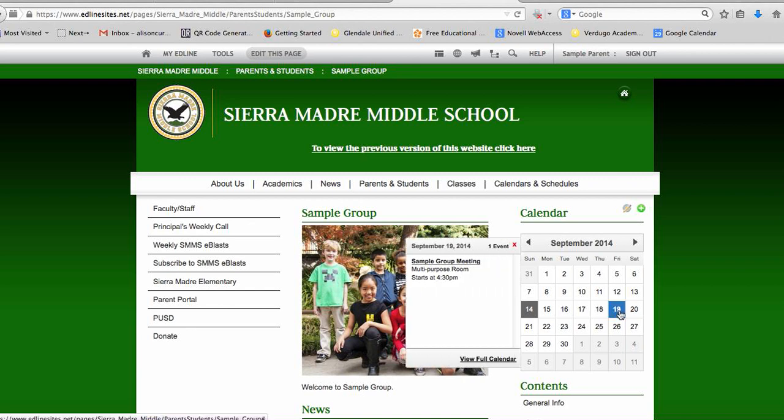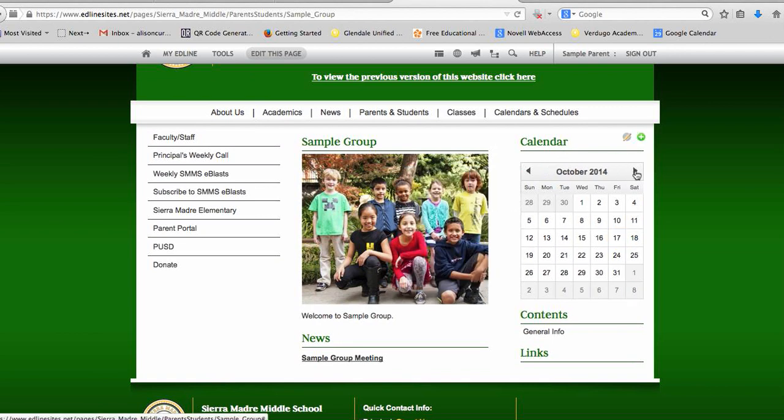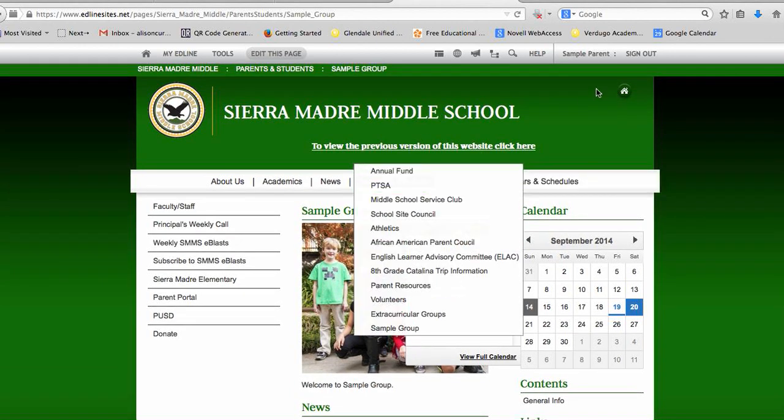Here it is. There's my calendar item, sample group meeting, and I thought I had put in an item. So of course it should be. Did I not put the item in? I wonder if it showed up. Oh, here it is, September 20th. That's the sample group. Okay. Now it's not under my news item. I wasn't able to link it here and here because I linked it to, and we'll go back to the